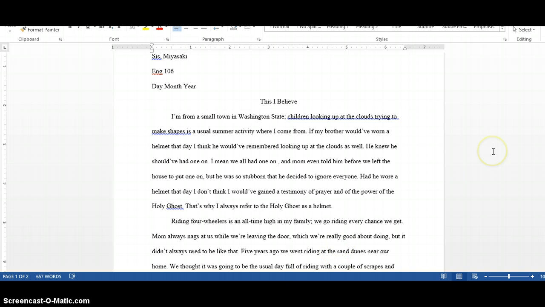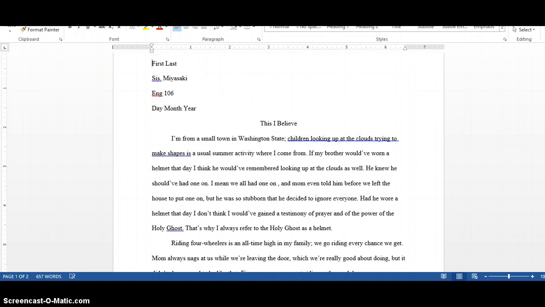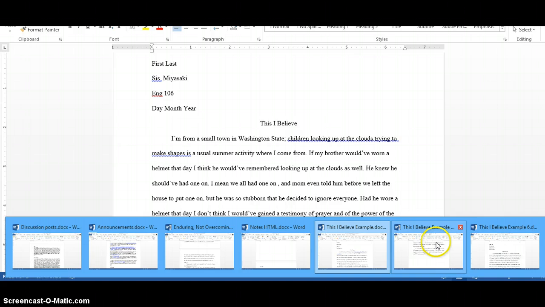So first off, this one has to do with how her brother didn't wear a helmet and going to the hospital. And so then they have the greater lesson of how they can see the Holy Ghost as a helmet, right? So through this essay, they're going to just talk about this one experience, and that's going to be the story. This next one